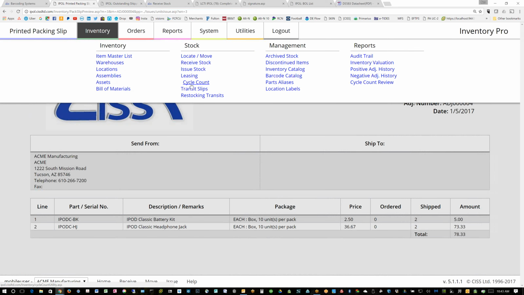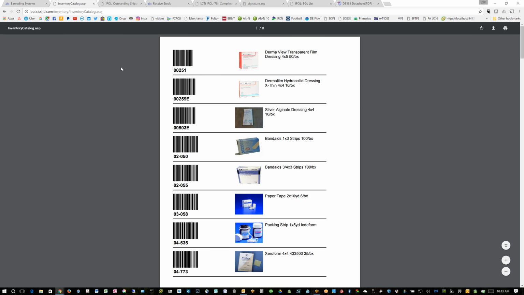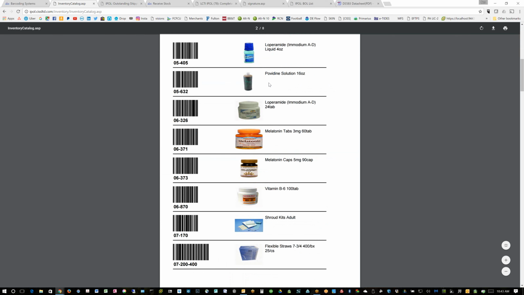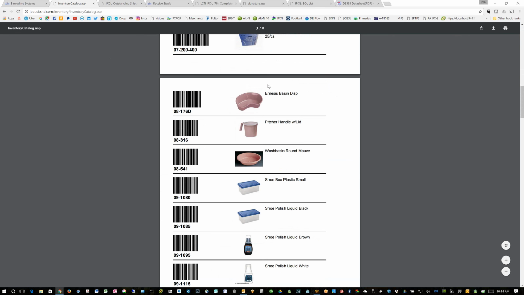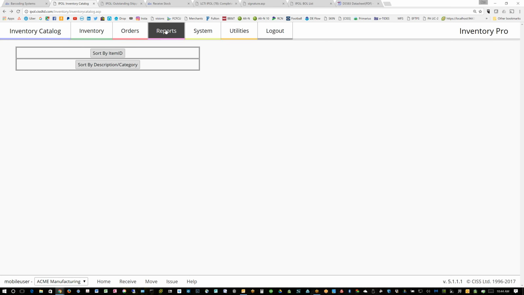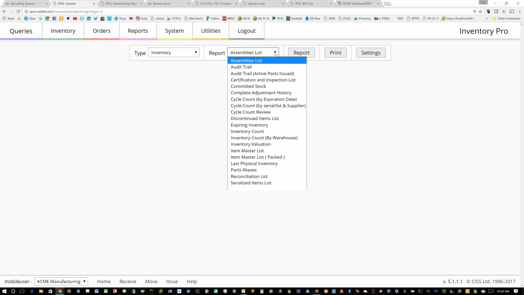Yeah, okay, that's fine. We do have reports that users might find helpful. So this is basically an item catalog. It shows the barcode, the picture of the item, and a description. And again, we can add cost or some other fields that you may want to add to this. There's a whole bunch of inventory reports in here. Values and cycle counts and